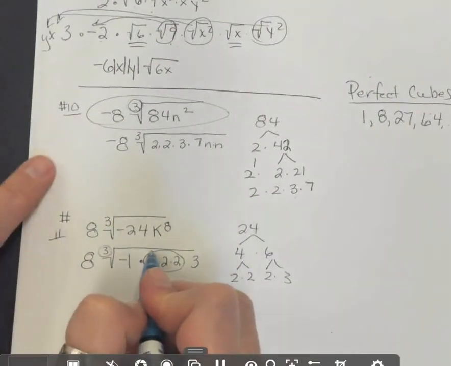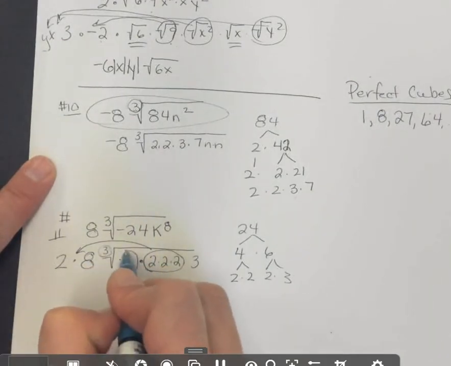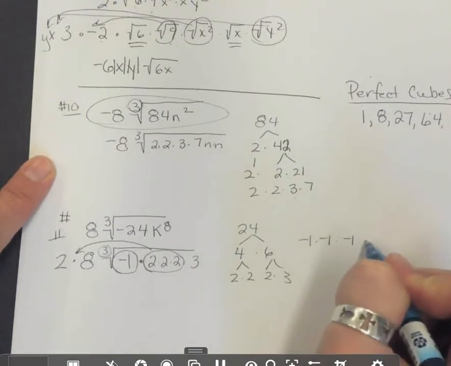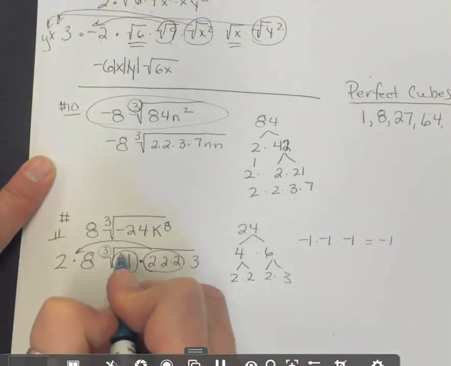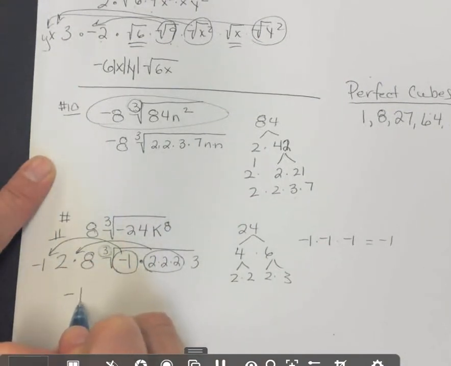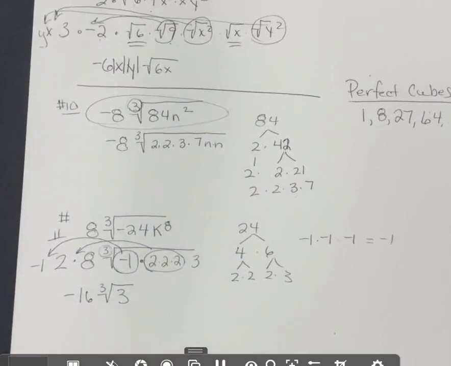The cubed root of 8 is 2. The cubed root of negative 1, well, negative 1 times negative 1 times negative 1 equals negative 1. So the cubed root of negative 1 is negative 1. So really I have negative 16 cubed roots of 3. So that's how you simplify